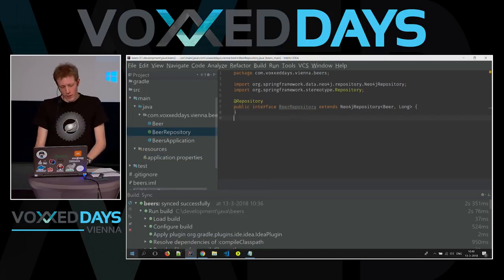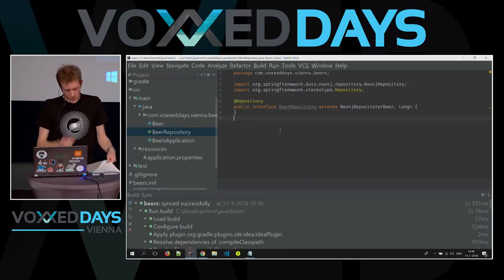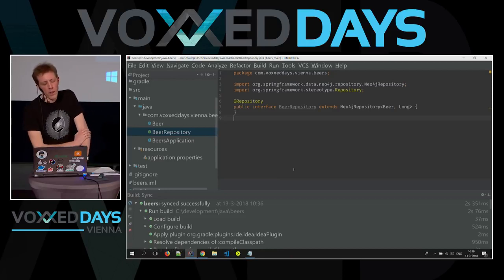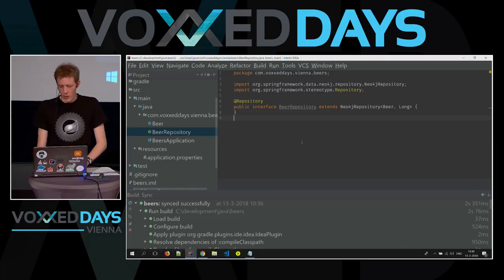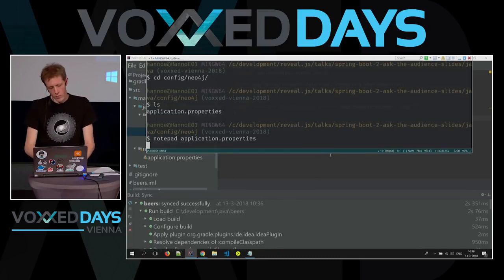Well, speaking of that, the only thing that we need right now is the Neo4j database. So I'll start this up in a minute. And well, we'll also need a test class, I guess, because we need to be able to see whether insertions and deletions are working correctly. And also, I've prepared a test class. So, why